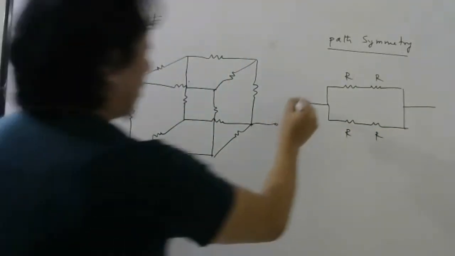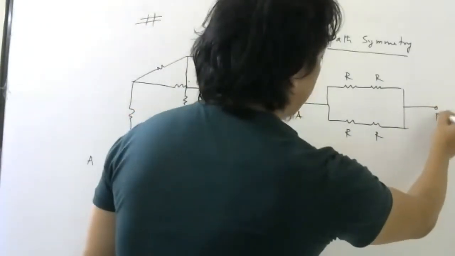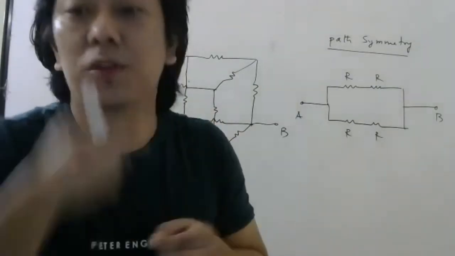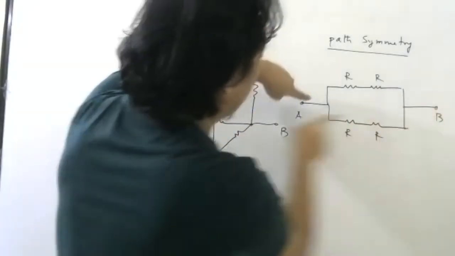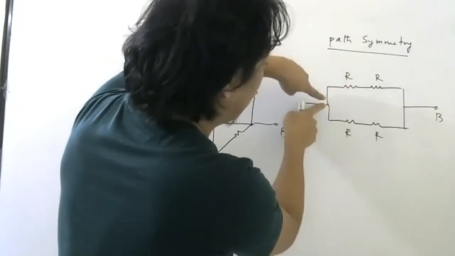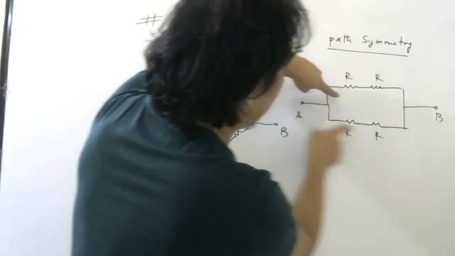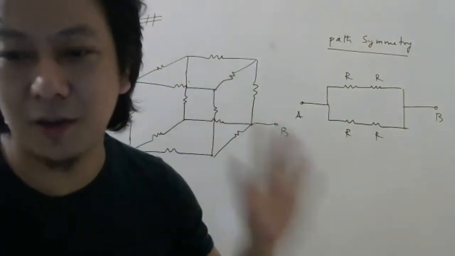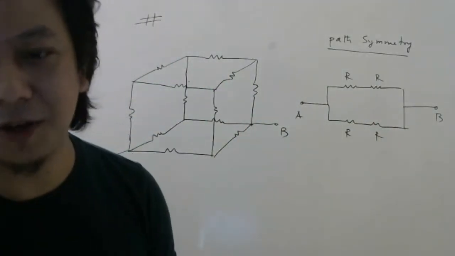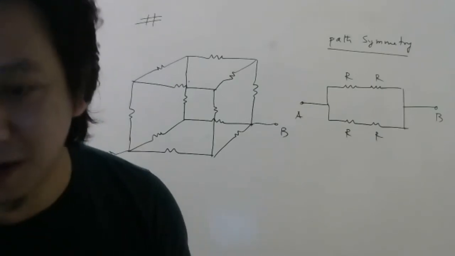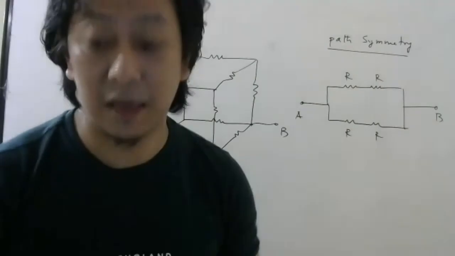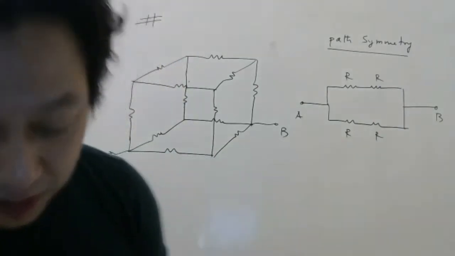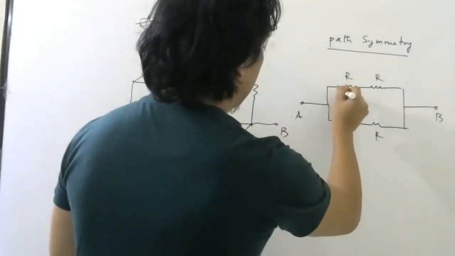Now look here. To go from here to here, to go from here to there, between whichever points they want, from that point you go to the other point. So from here to here, current will go here, then it will divide. Now check whether this path is symmetrical to this path. Is it symmetrical or not? This path and this path are symmetrical or not? Just quickly, yes or no. Y or N to save your time. Is the path symmetrical or not? Yes, the path is symmetrical. The concept is if the path is symmetrical, current must divide equally. Meaning, if this is I, this also should be I.